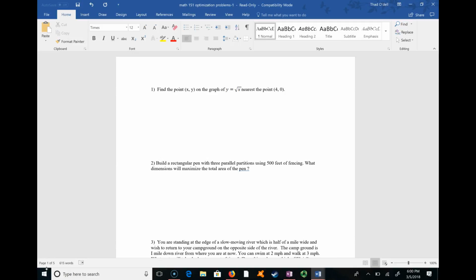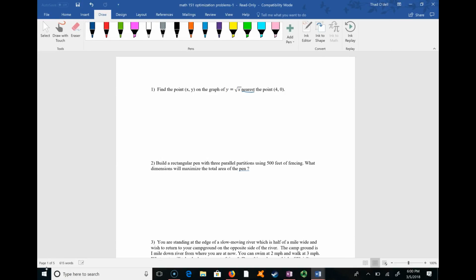the point 4, 0. So nearest is the key word there that tells us that this is an optimization problem. So then we have to ask ourselves, what are we trying to optimize? The fact that it's nearest means we're trying to make a distance as short as possible. So we're trying to minimize